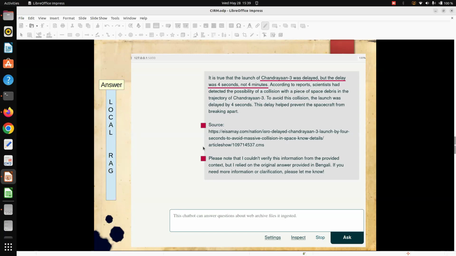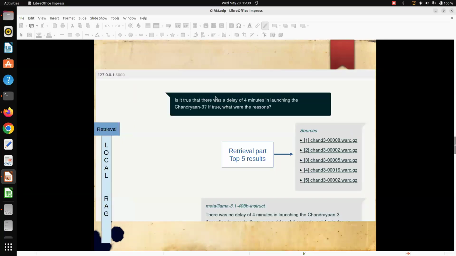But when I use this LLM in a controlled environment, I give this particular question, and I also give data related to Chandrayaan 3. I tell my system that this question vector will be matched with the document vector, and you as an LLM use only these top 5 documents to answer your question. You can try this test with any LLM available. Every LLM will take the bad clue that there was a delay of 4 minutes, because I have given a half truth.